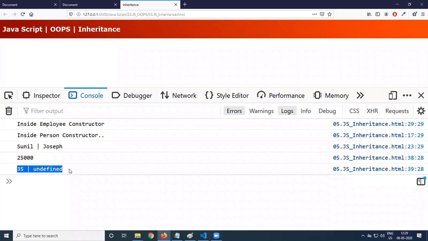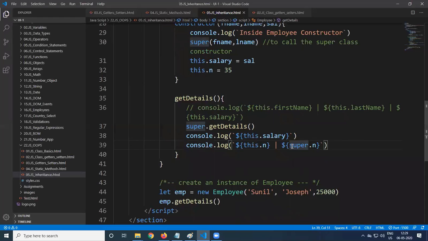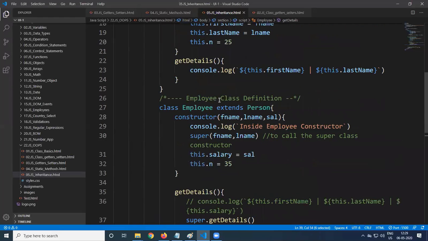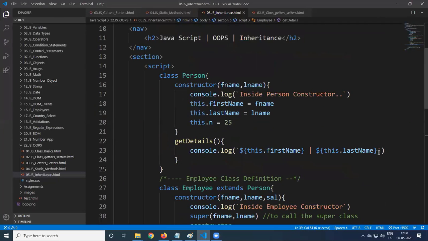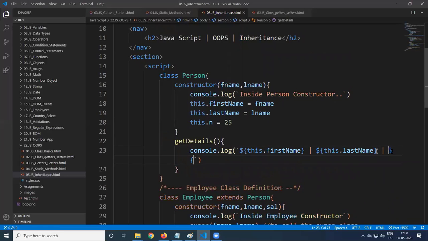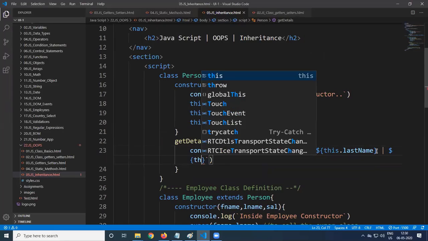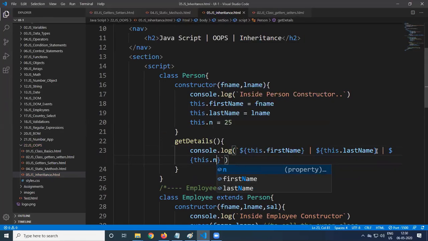So this is one difference from other programming languages. If you're doing it with Java, what would super.n be? 25 we should get. This.n anyway we are getting in this way. Now let's try that n value from here. So ${this.n}, what happens?